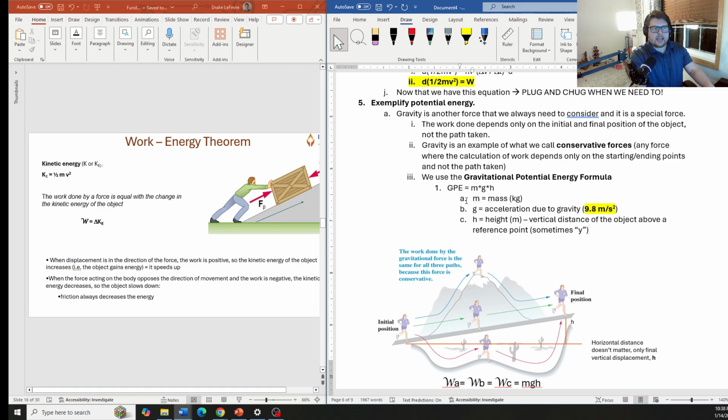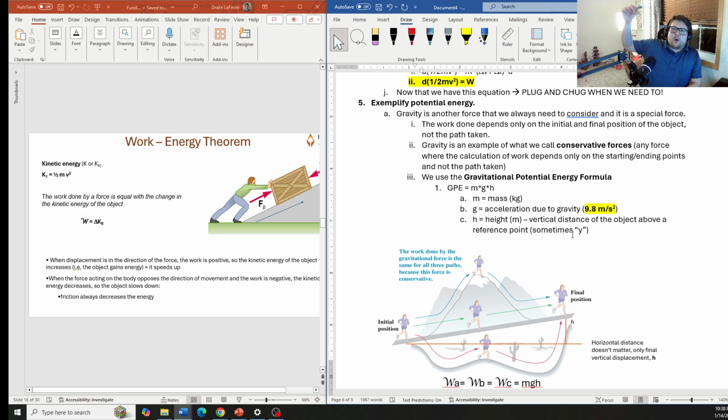That is the height along the y-axis, the vertical distance of the object above a reference point. And this is how we calculate the gravitational potential energy. So again, going back to that pen that I was holding before, if I wanted to figure out how much potential energy